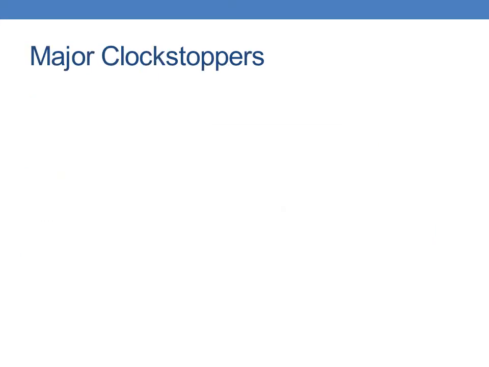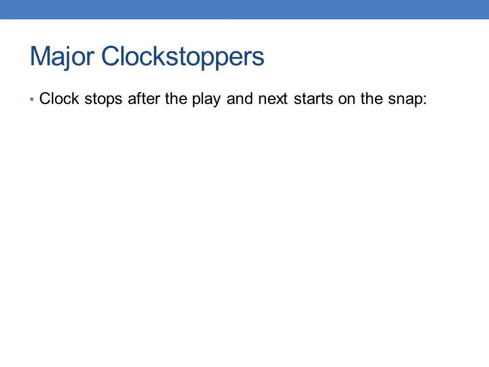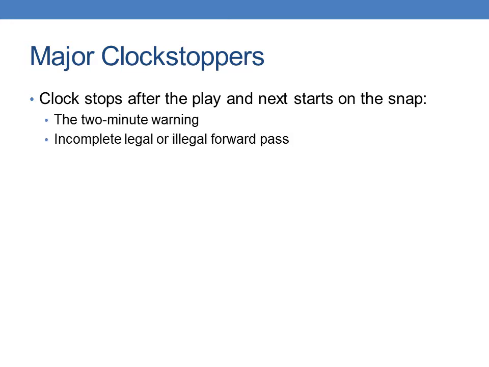So because this works for me, I've grouped those situations I mentioned on the previous slide into major and minor clock stoppers. Major clock stoppers for me means that the clock stops after the play and won't restart until the next subsequent snap. Those major clock stoppers under 2 minutes include the 2-minute warning itself, an incomplete legal or illegal forward pass, a play that ends out of bounds, a safety,